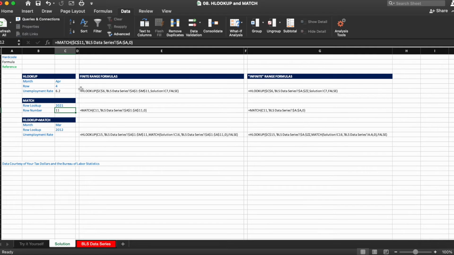So hopefully the wheels are starting to turn and you are understanding a little bit of why we're introducing these two concepts together. So let's level up and combine the HLOOKUP and match formulas together. HLOOKUP is going to do most of the heavy lifting, and the match portion will make the formula more dynamic. So instead of needing to know exactly how many rows we want to go down, we can enter what we want to look for and then let match tell Excel how many rows to go down.